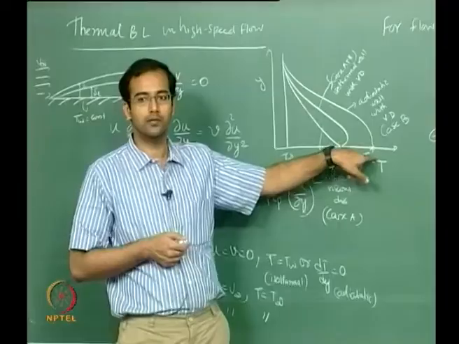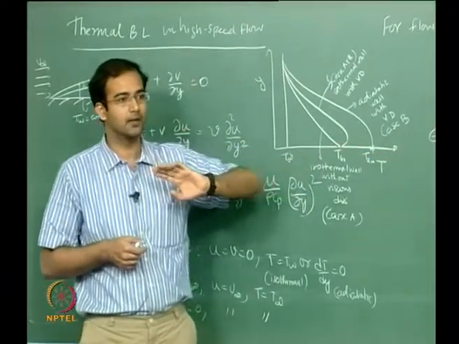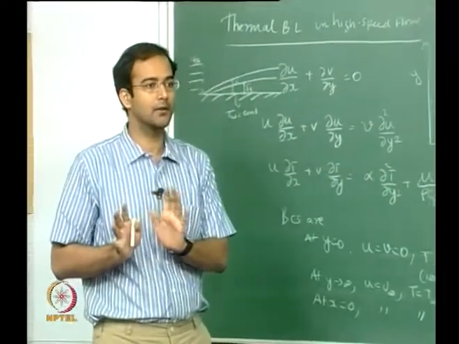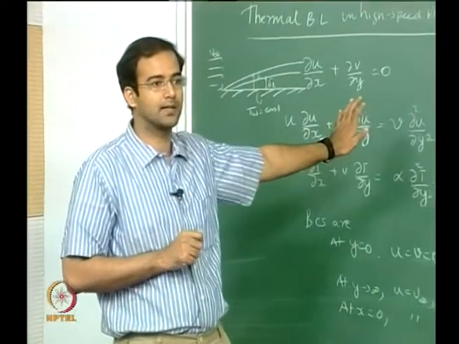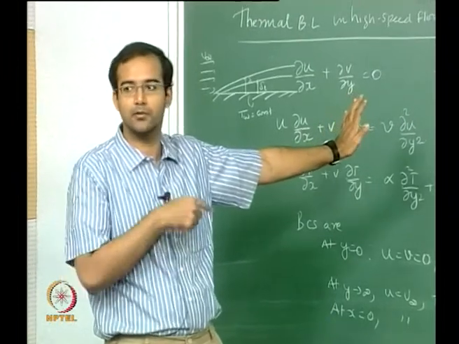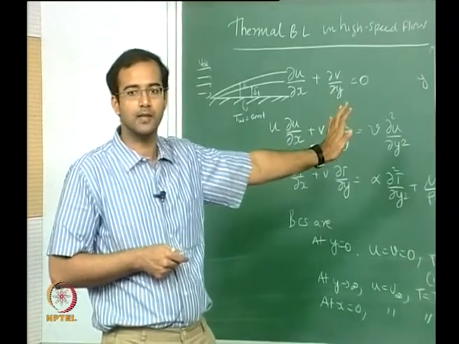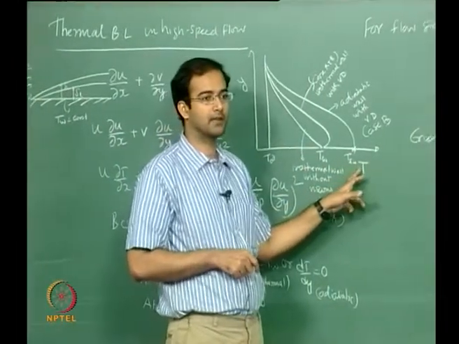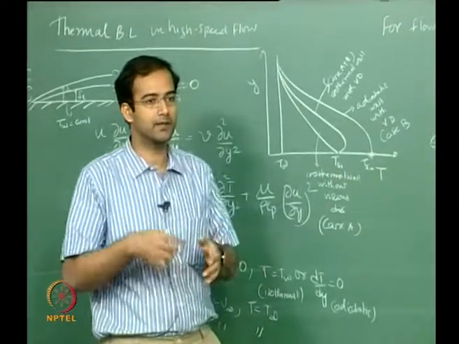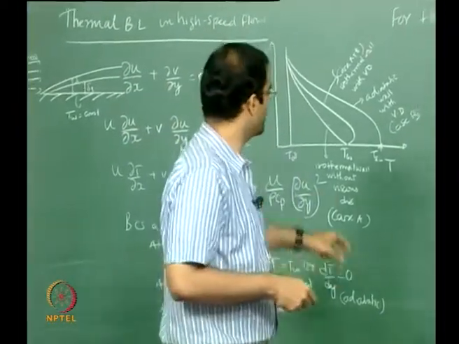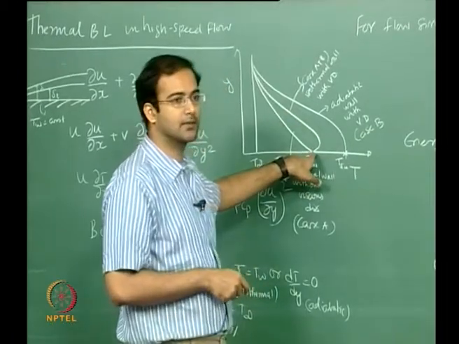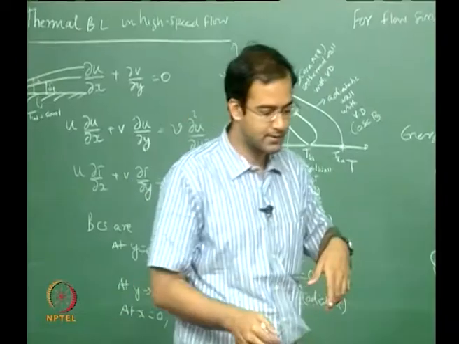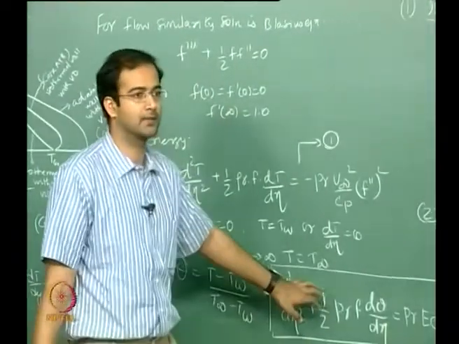So in order to do that we have to solve case B. It is also possible that you can solve case A and case B separately and keep them, and you can linearly combine and get the solution for this generic problem. So this is why I am doing it this way. Assume that you have two solutions, one for the isothermal case, the other for the adiabatic case. You can combine them directly. We will see how we are going to combine them, and that will give your generic case, isothermal wall with viscous dissipation. Otherwise you could have directly solved this equation by the shooting method.